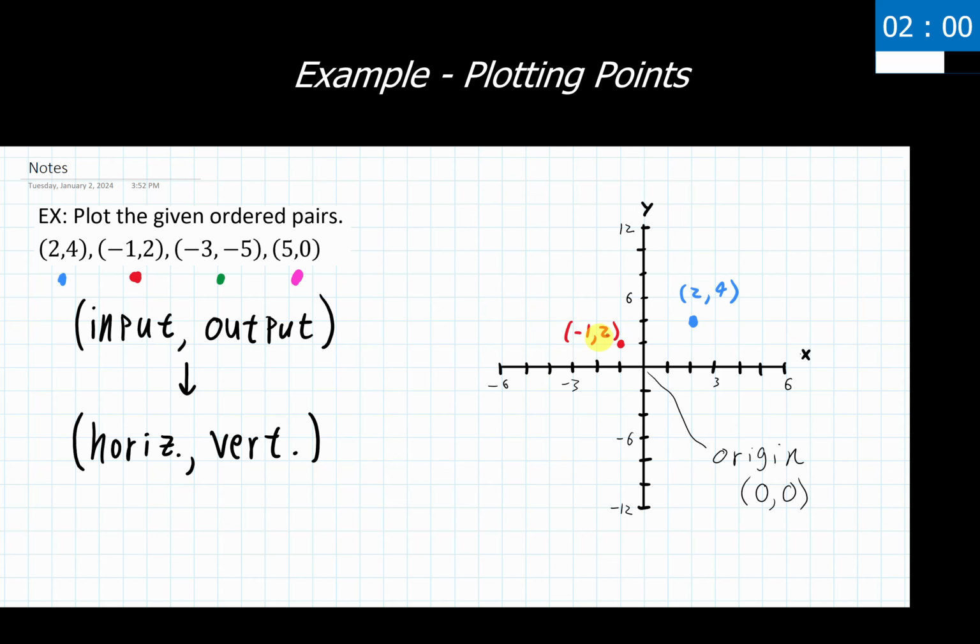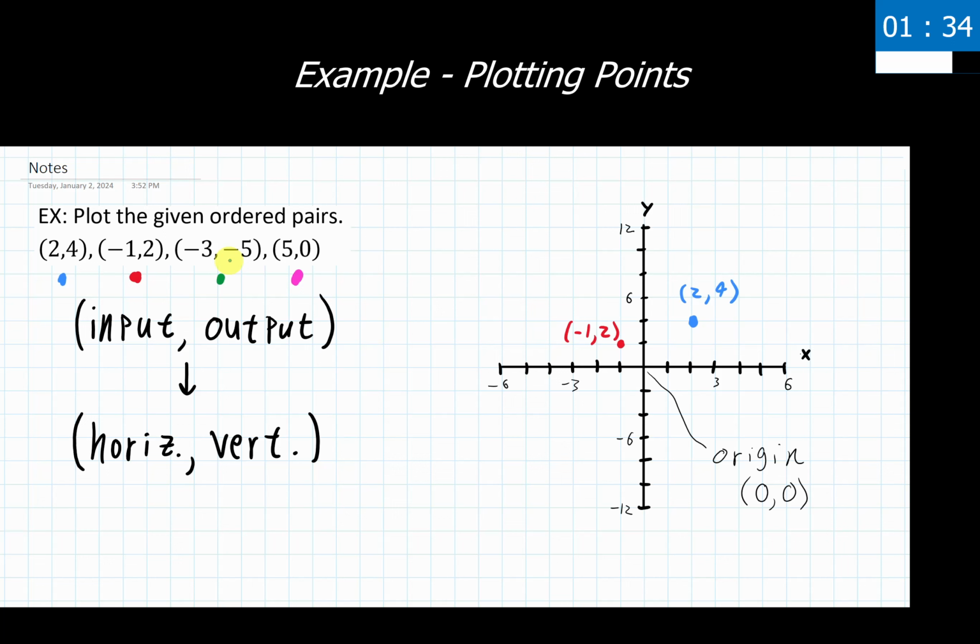This labeling, by the way, is not required, though it is certainly helpful as you are going through and graphing these things. Let's graph our third point. We have negative 3, negative 5. Now, I just want to show another route that some people like to take when graphing these things. Some people like to put dotted lines on these axes as we're tracking out from the origin. You're more than welcome to do that. It's certainly not a requirement, but it can be helpful as we're starting off with this.